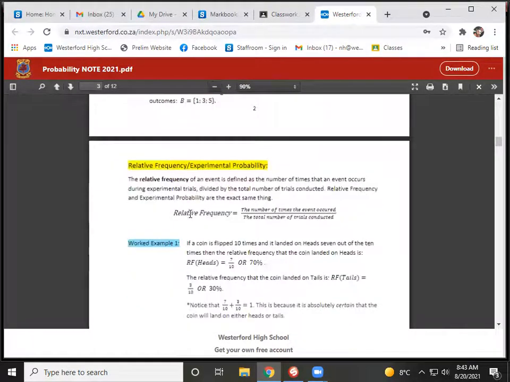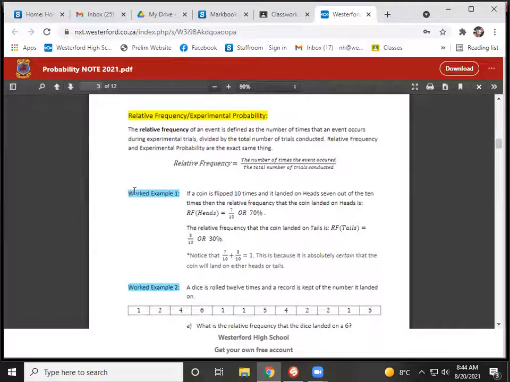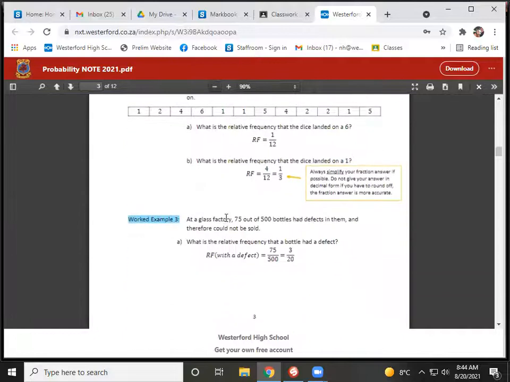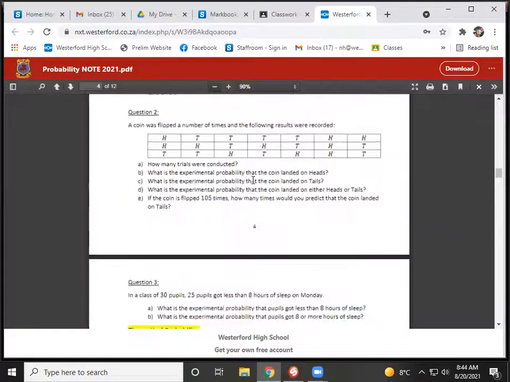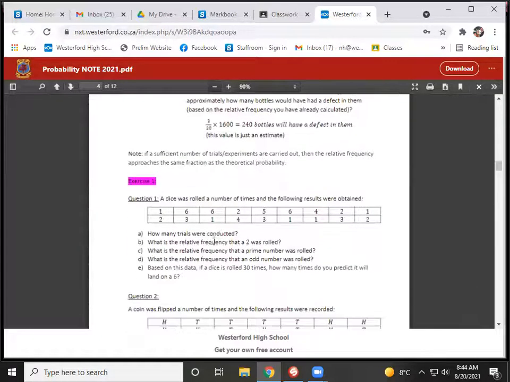Then we spoke about experiments, relative frequency and experimental probability. Remember that? That was the first thing we actually did, where they tell you a coin was flipped 10 times and 7 of the 10 times it landed on heads. So then the relative frequency of landing on heads would be 7/10. If they're giving you specific values based on a specific experiment, then you use those values. So relative frequency is stuff that actually did happen, and they're telling you what happened. I think we also did exercise 1, that should be in the books.